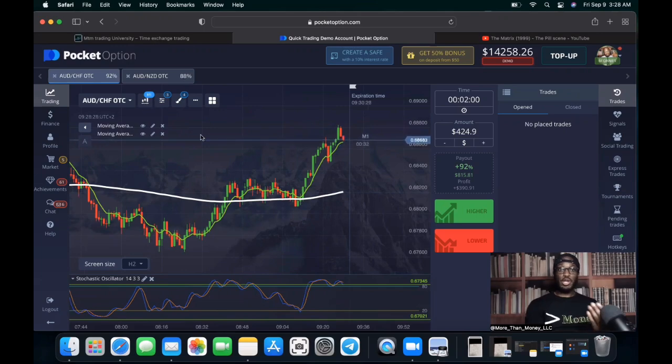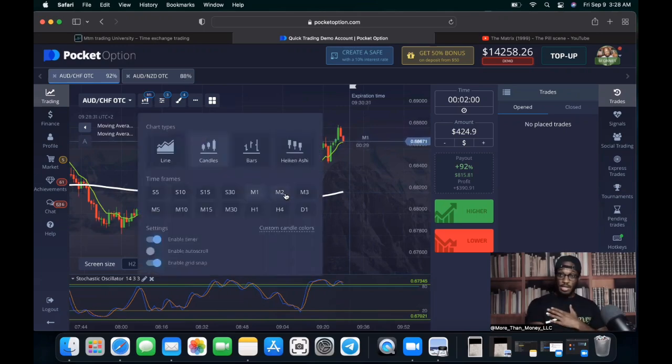So for me, if I'm trading off of the 1 minute, typically for me, you might find it different for yourself. So you're gonna have to find yourself through this. I don't want you guys to be so rigid to just always say, hold up, Anya said do it that way, so that's the only way it could be done for me forever. No, I'm just giving you guys a foundation.